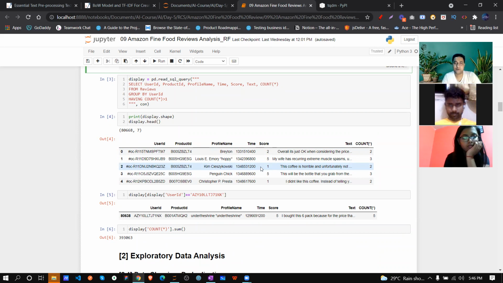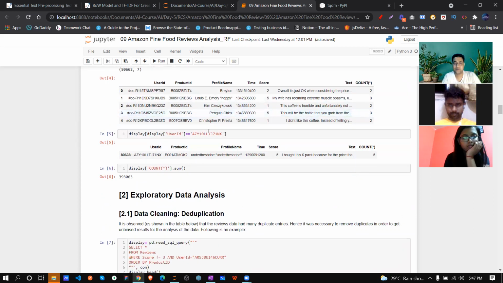I am also creating a count, to see how many times each appears. Based on that, I just delete those, because those are again outliers or duplicate data that we have to delete. It's the pre-processing part we are doing.